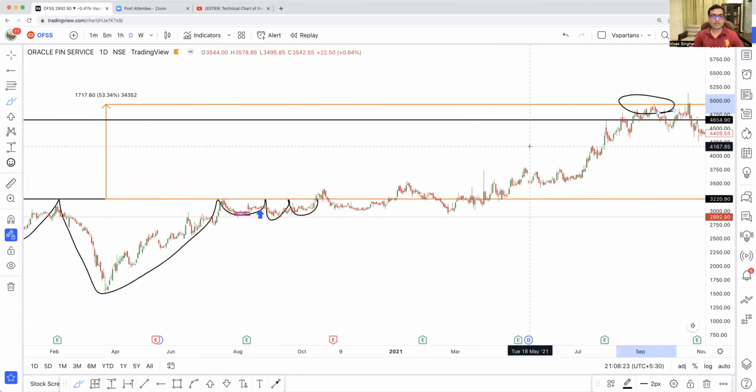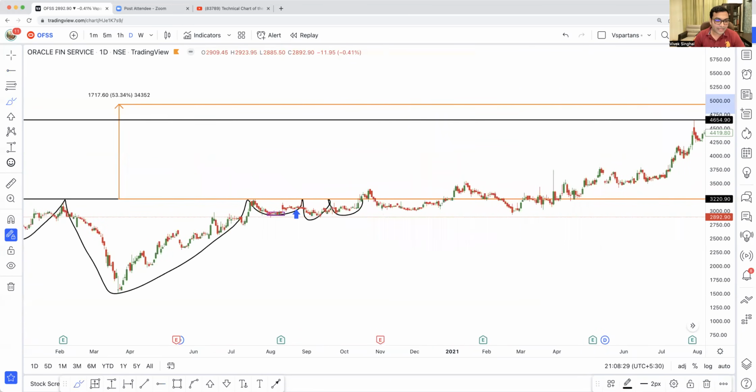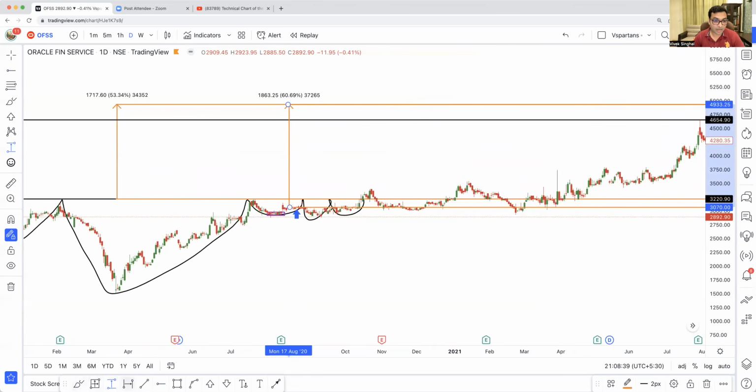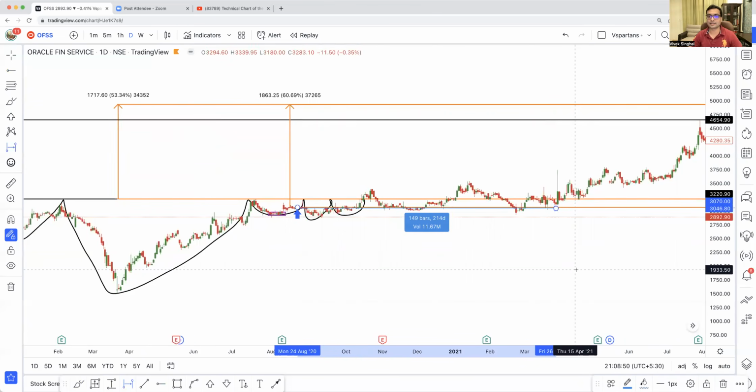Right? Now, this stock also did the same thing. So from the buying level, how much is the potential gain? This is 60.69%. But after buying, this stock was trading at the same level even after 7 months, 214 days. Right? 214 days, the stock price was moving in the same range, and everybody was behind me because I had uploaded this video as well